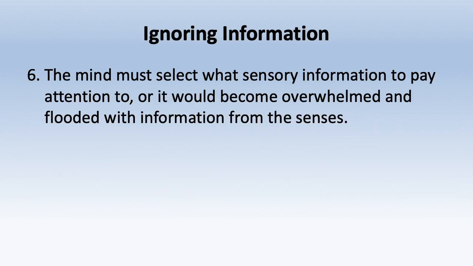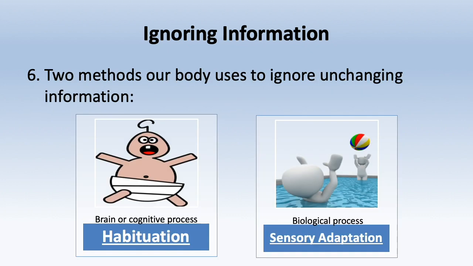So all this information comes through the senses into your brain, but your mind has to be able to select what sensory information to pay attention to, or it will be quickly overwhelmed and flooded with all that information. So the mind has to filter out and decide what to pay attention to. So there's two methods our body uses to ignore unchanging information. First, there's habituation. For example,